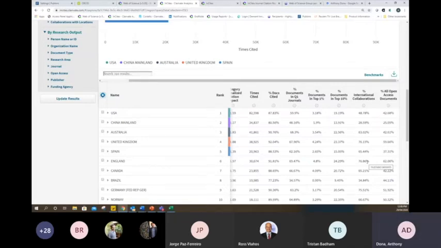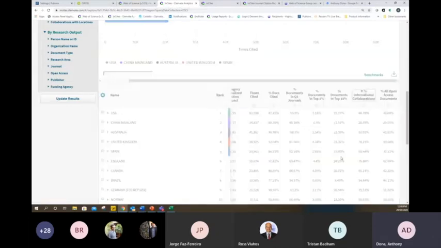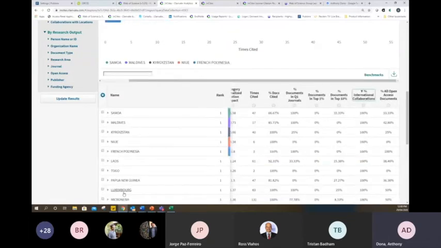Here, we're looking at percentage of documents in Q1 journals, percentage of documents in the top 1 or 10%, and we can now do an ordering by those. If we wanted to order by the countries that collaborate most often internationally in this area of research, you'll get a bunch of small ones that are always collaborating internationally.